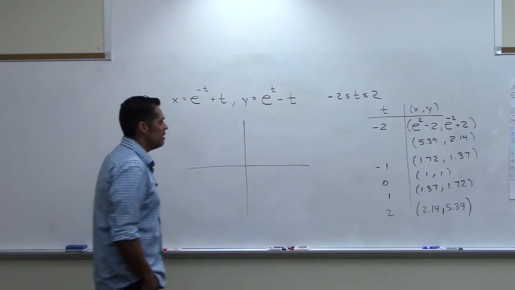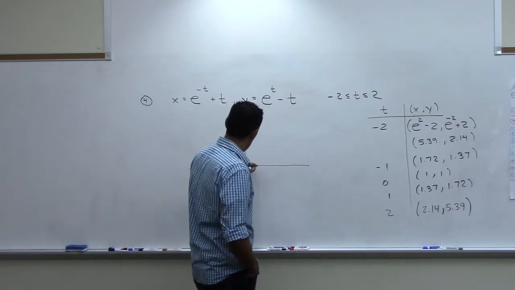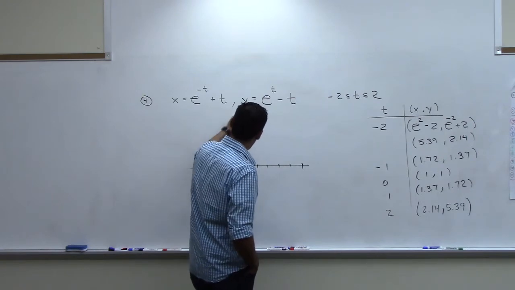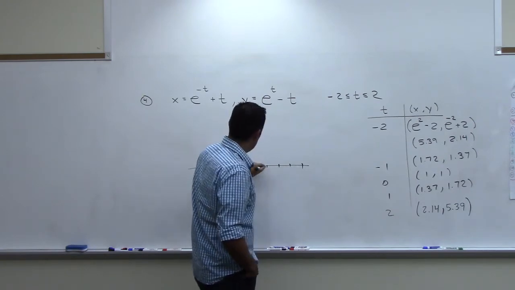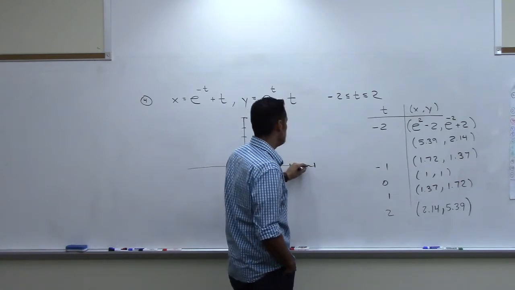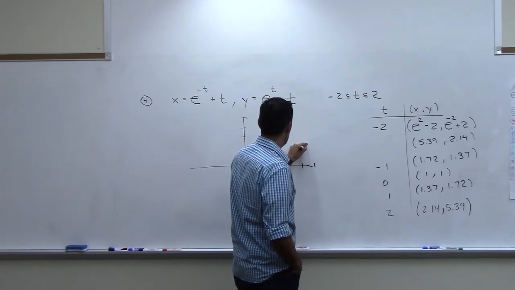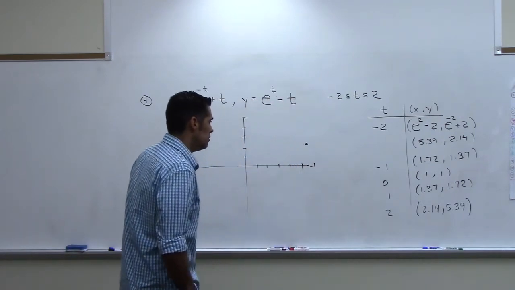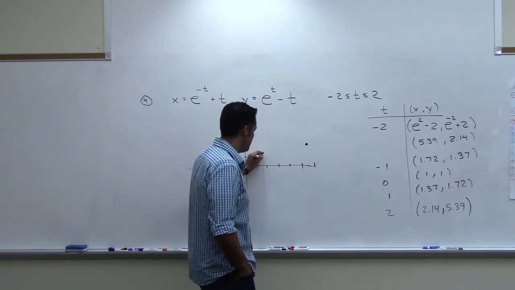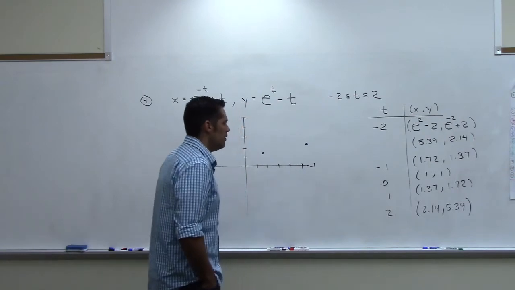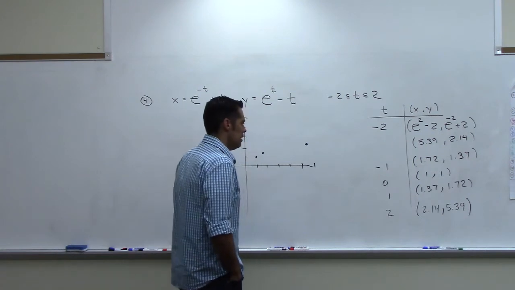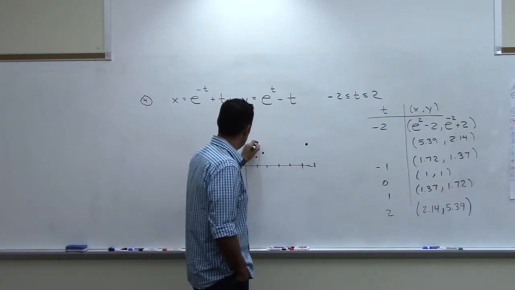At negative 2, I'm at 5.39, 2.14. So 1, 2, 3, 4, 5. 1, 2, 3, 4, 5. So 5.39. Here's 6. So here, up 2.14, somewhere around here. Then we need to get to 1.72, about right here, up 1.37, about right there. And then we need to get to 1.1, which is right here. And then 1.372 to 1.72 is right here,